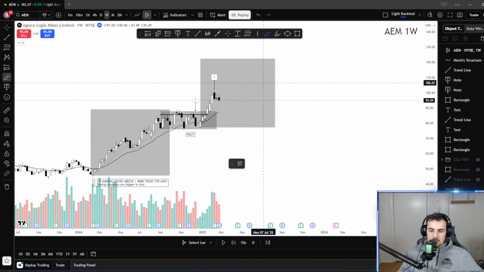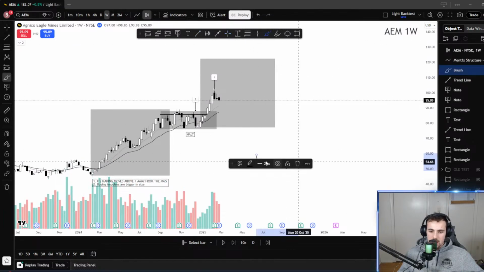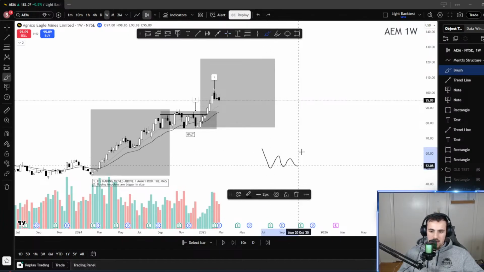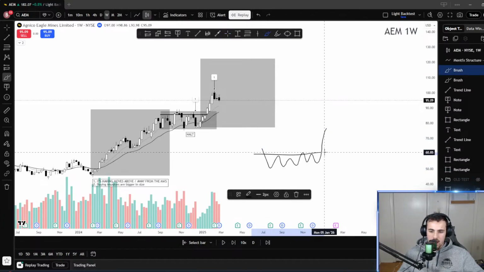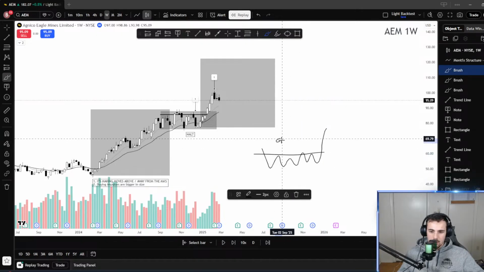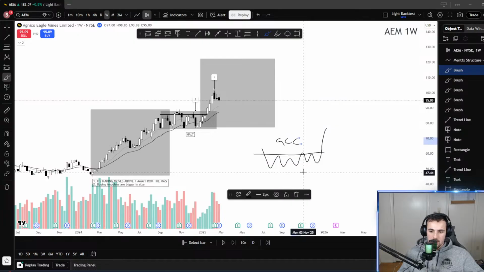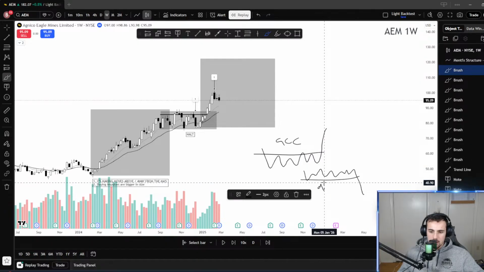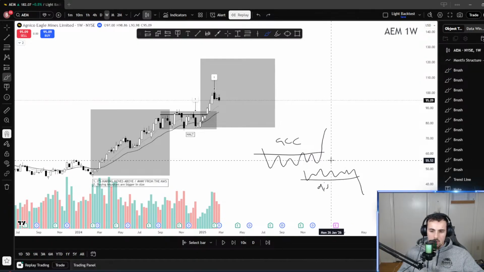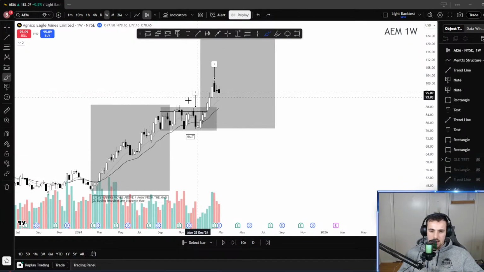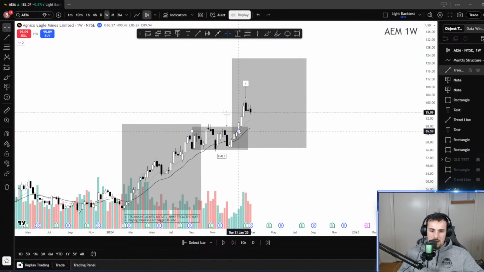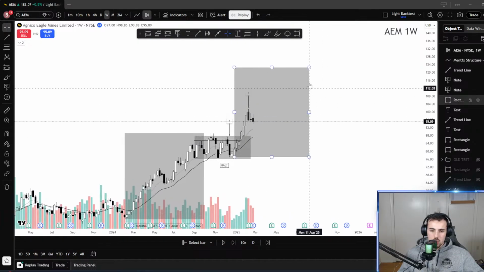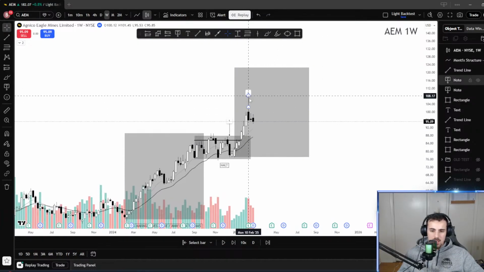Quick 30-second lesson on accumulations and distributions. Price moves sideways, and then breaks up above all the highs that were in the sideways price action. This would be an accumulation, ACC. If price goes sideways and breaks down below all these lows, well, this would be a distribution. So with the break upwards, this would be the first break out of accumulation. So we know it's an accumulation because it broke upwards. And this would now be the first high that it is running in its potential trend. Okay. So this would be the first high it has a chance to run.